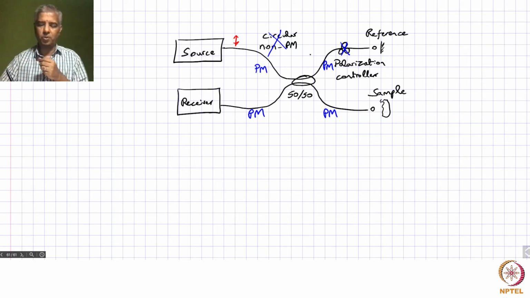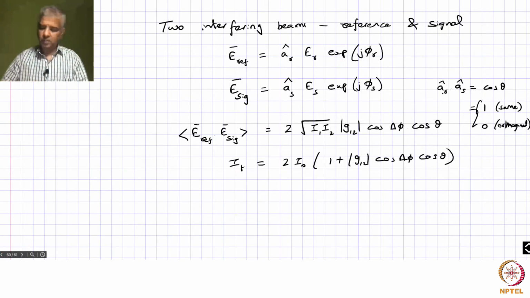If you start with linear polarization, and of course this coupler has to be a polarization maintaining coupler, then it will retain that polarization all across this entire structure, and from that perspective you can say that you will have good interference. Essentially, you are maintaining the polarization, which means the reference and the signal arms actually have the same polarization, which means that cos theta goes to 1,